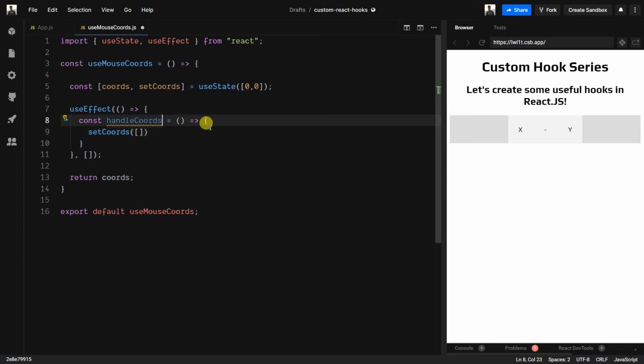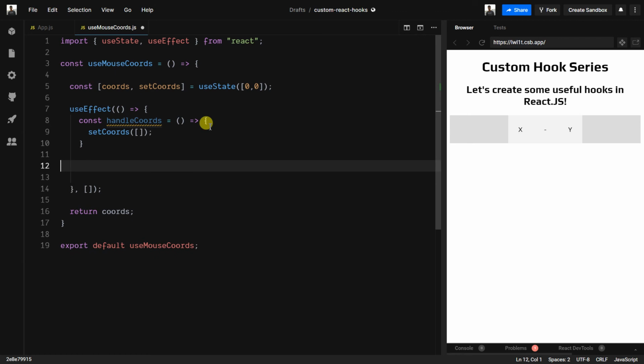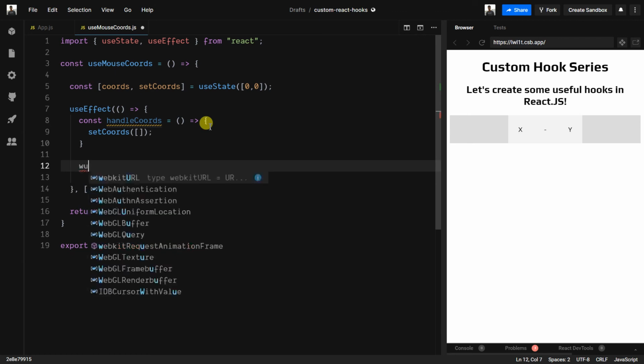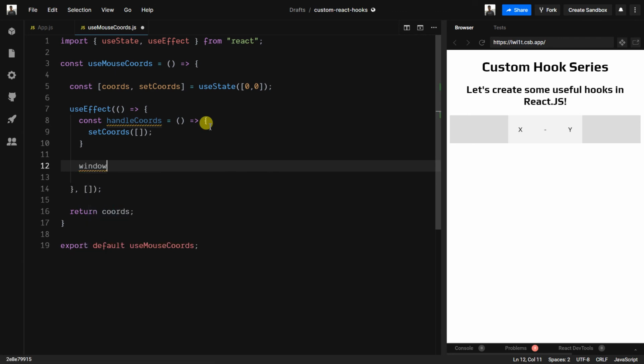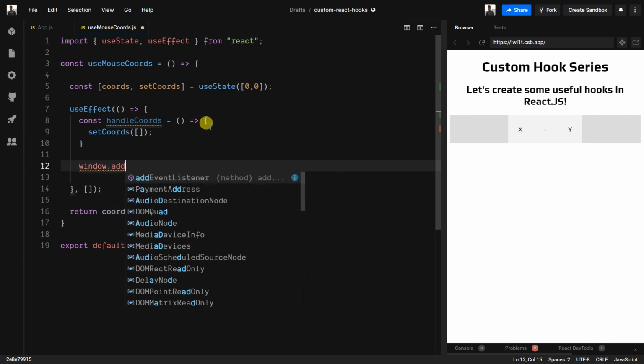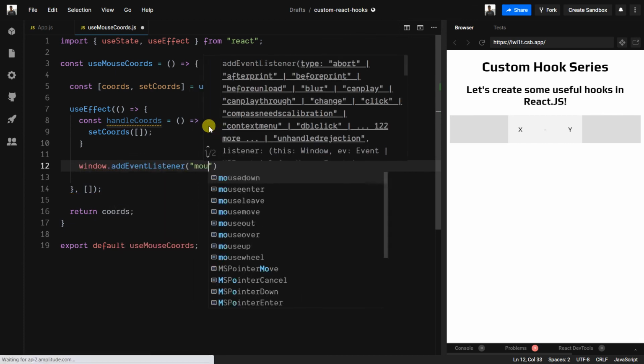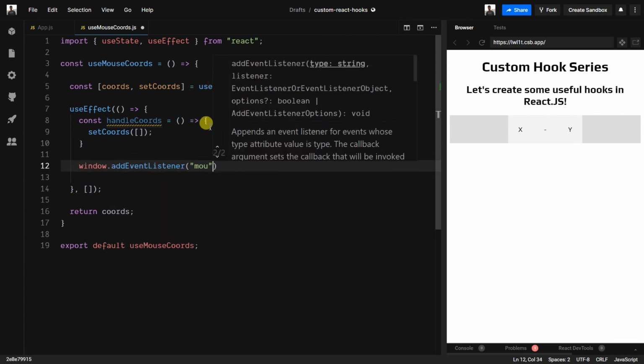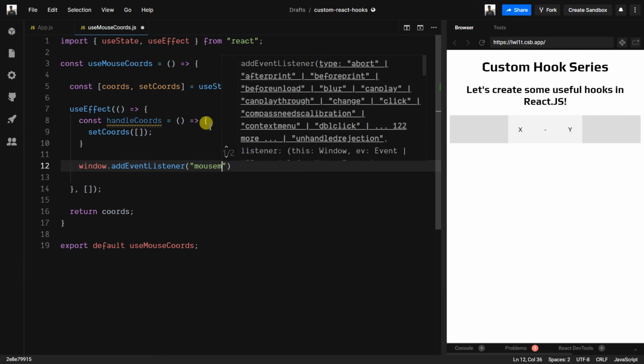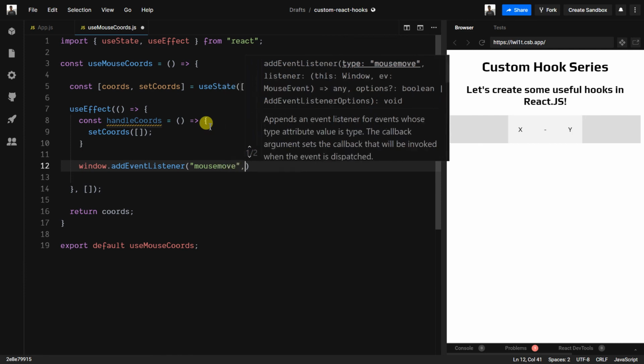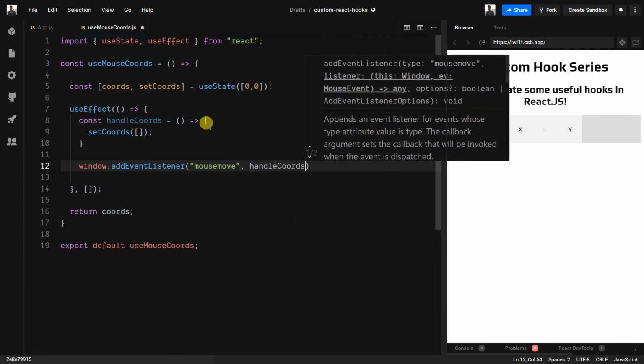What we are going to do, I'll explain later. Firstly, let's add an event listener on the window object. Whenever a component is mounted, we will add the event listener on the mousemove event, and we will pass the handleCoords.